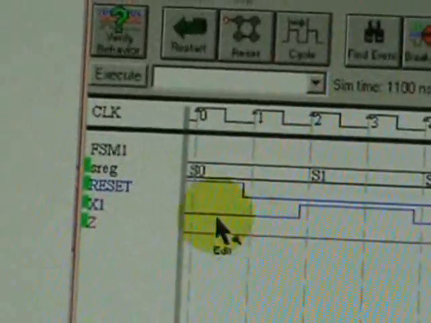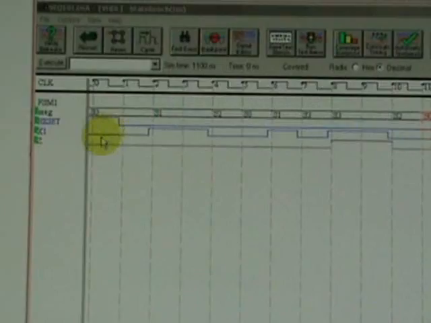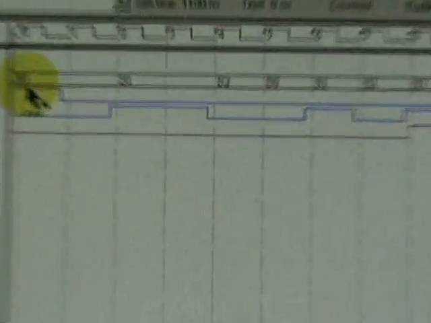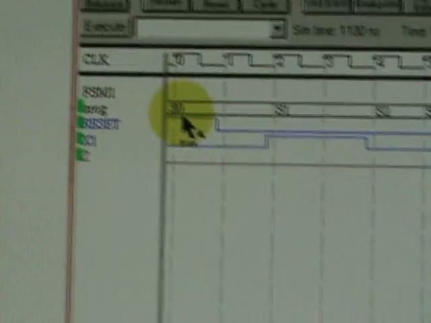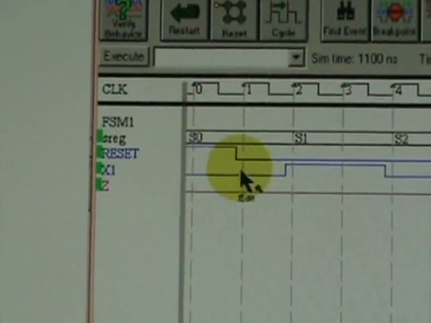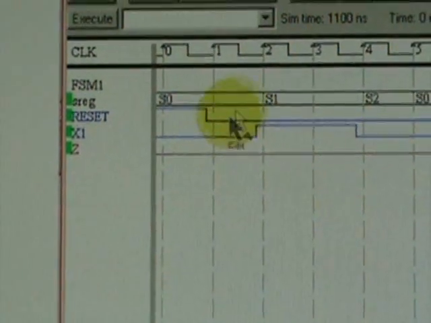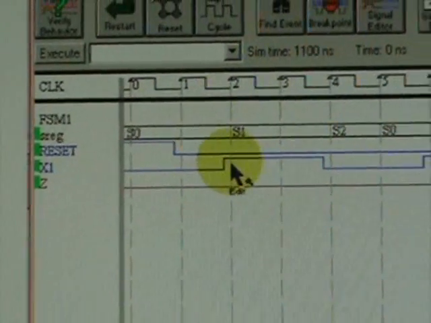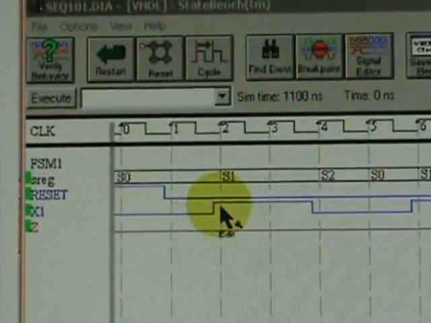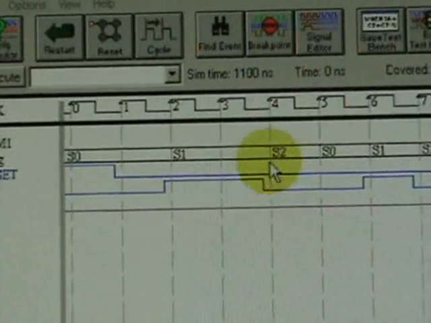So right here, the first signal that changes to high, which is active, is reset. So the machine starts out at some initial state S0, and on the next clock, it detected a 0 on the input, so the machine moved to state S1. Here it detected a 1, so it moved to the next state S2. Here it detected